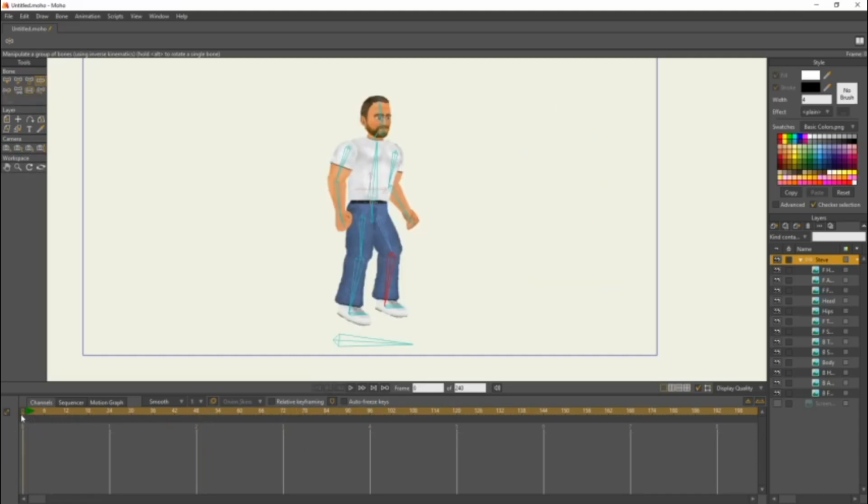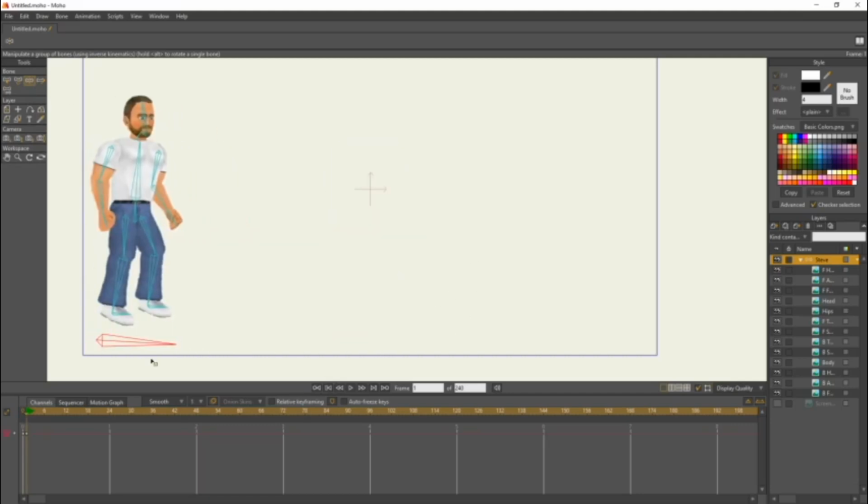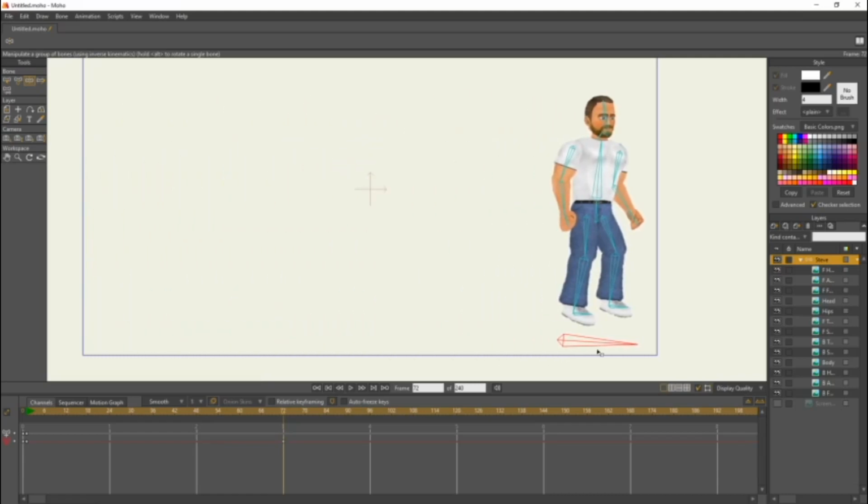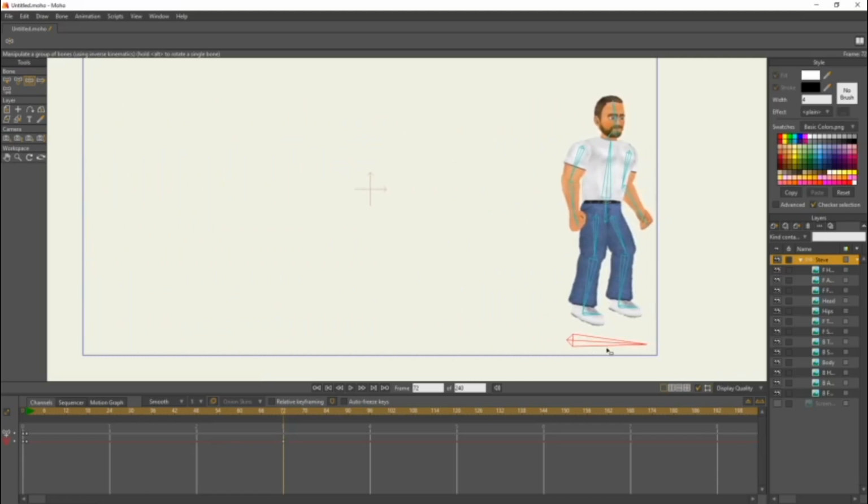And we're going to start back at keyframe 1. And we're going to do the same thing. We're going to drag this guy all the way over here to the left hand side while holding shift. Then we're going to come back to second 3, frame 72. Click and drag holding shift and drag them to the right hand side.